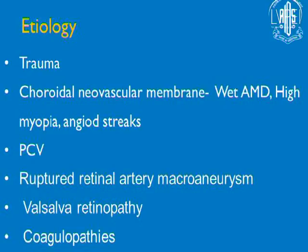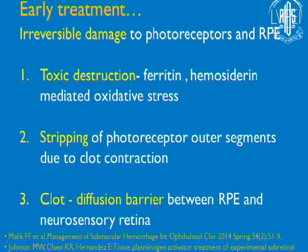So I feel we all know the etiology for these submacular hemorrhages, primarily in our clinics: trauma or PCV or ruptured macroaneurysm. In the West, the most common cause for these hemorrhages in my experience was mostly choroidal neovascular membranes, because most of these patients were already on some anticoagulants. Why we actually need to start this treatment at a very early stage is just to avoid this irreversible damage